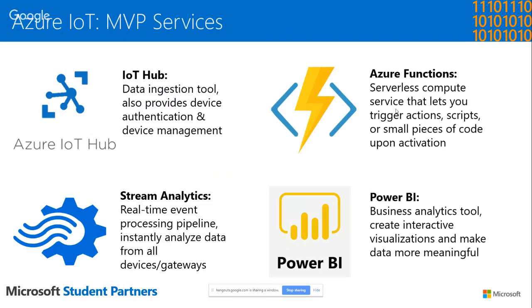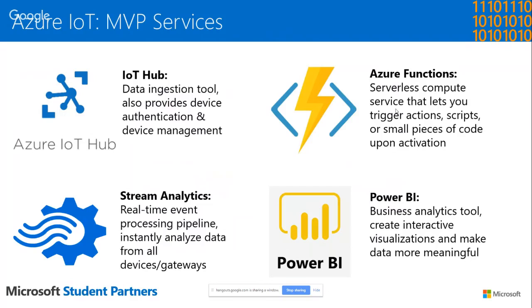The third is Azure Functions, and this is a serverless compute service that lets you trigger actions, scripts, or small pieces of code. The important thing here is it lets you trigger things. If you're running an IoT application with tracking, oftentimes you care about, for example, something exiting a certain vicinity. If you're tracking an important asset, you may want to know where that asset is located and maybe get notifications for it. If your home triggers an alert, like a fire alarm, you want to know about it. All of these different types of